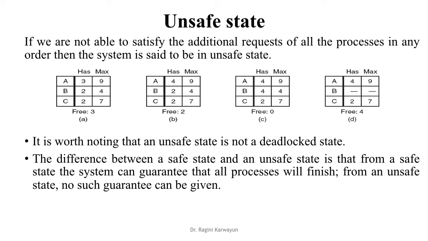Now C needs 5 and A needs 5. We have only 4 resources. So the system is in a deadlock state. So at the point when A asked for one more resource and the system allocated one more to A, that was the instance when the system turned into an unsafe state. So it was not a deadlock state because B was able to finish its execution, but it was an unsafe state, and then finally the system turned into a deadlock state when it was not able to satisfy the resource request of A and C respectively.